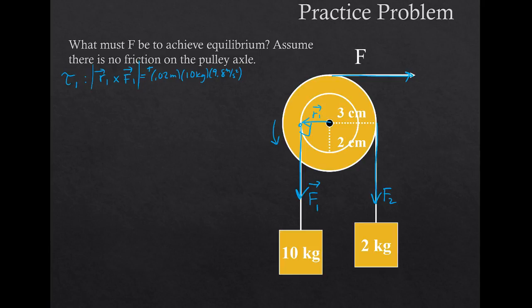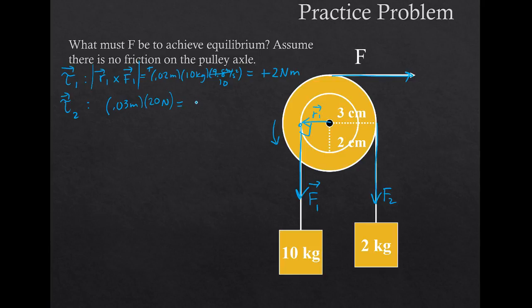Okay, so that's roughly plus 2 Newton meters. We'll call that 10 instead of 9.8. So 100 times 0.02. Then we have a torque from F2, and that's going to be the same thing. We're going to have 0.03 meters, and this time we're going to have basically 20 newtons. So 10 times 2, or 2 times 10. So that's going to give us